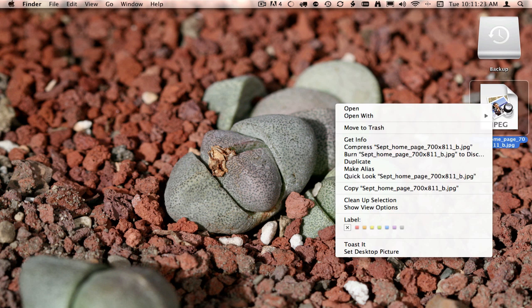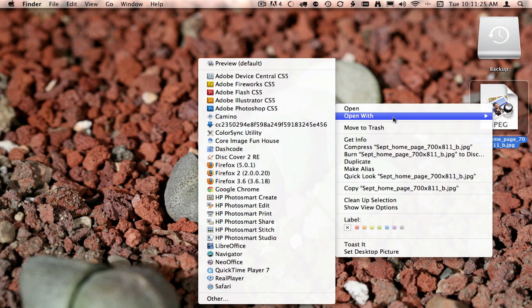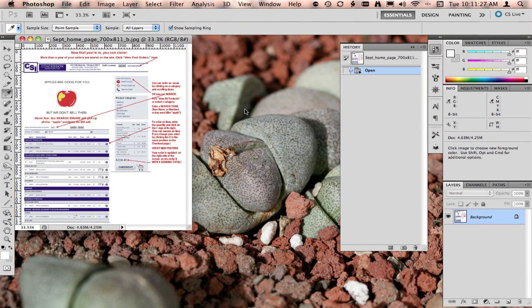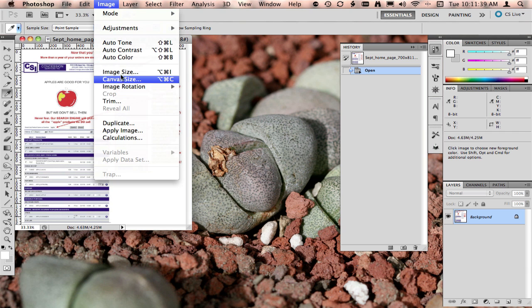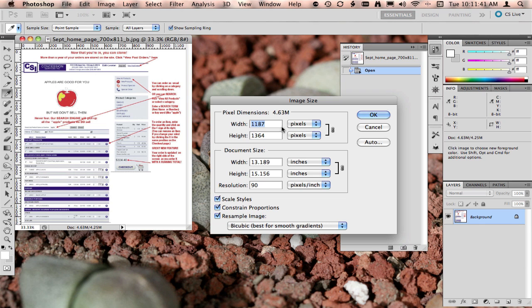Here it is, and I am going to open this in Adobe Photoshop. If you don't have Photoshop, you should really invest in a copy. You can get Photoshop Elements, which is less expensive, and we'll do the things that I'm going to show you here today. Under the image menu, I'm going to go to image size,